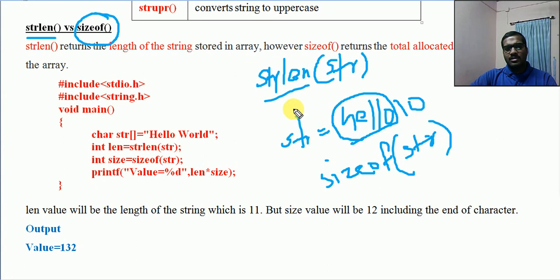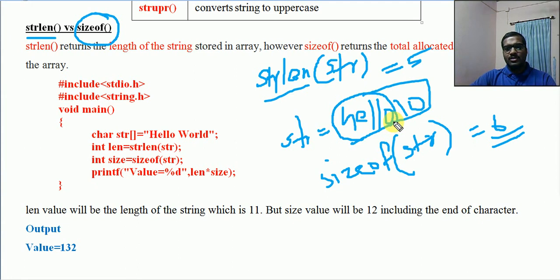So for strlen, what value do we get? 1 2 3 4 5, the exact length of the string. But sizeof str will actually return the total memory allocated for that string variable, which is 6. Why? Because the total memory includes the \0.